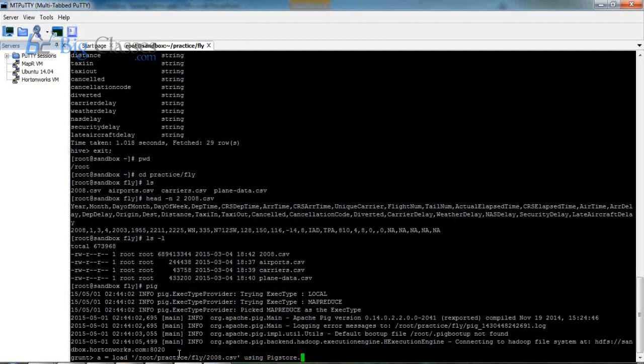PigStorage with the separator. Here the separator is a comma, right?